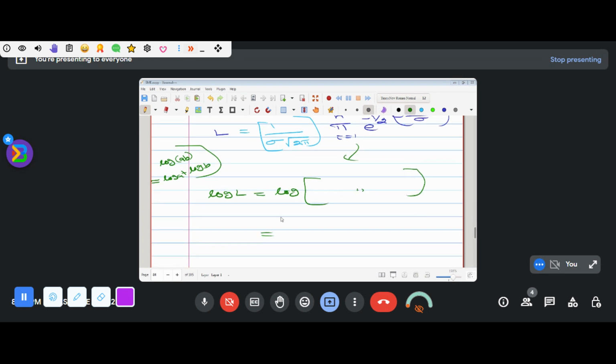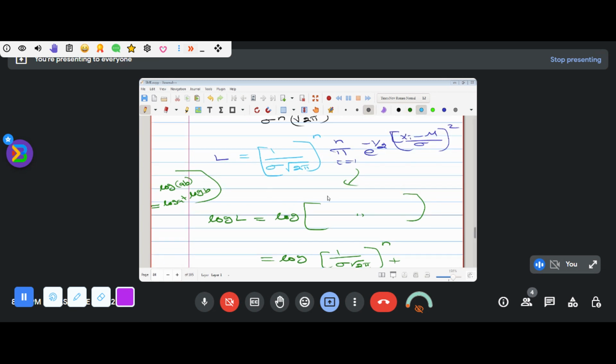So now we are taking separately plus, therefore log of (1 divided by sigma root 2 pi) whole power n, plus this is a converted product. This product can be written as n times multiplication, that means e power minus 1 by 2